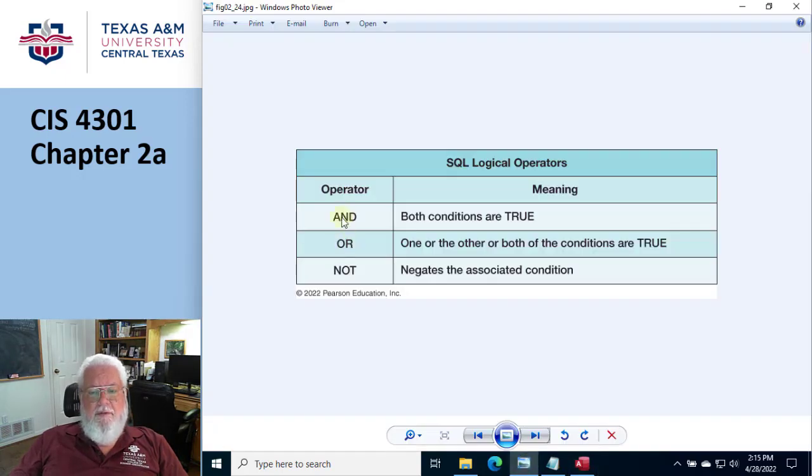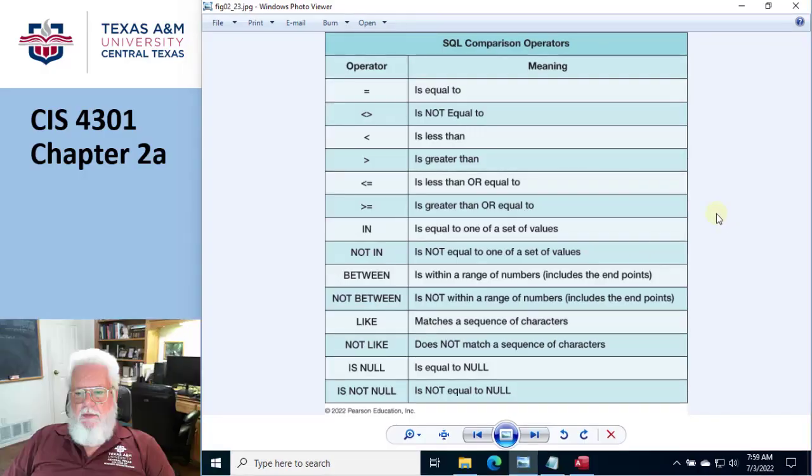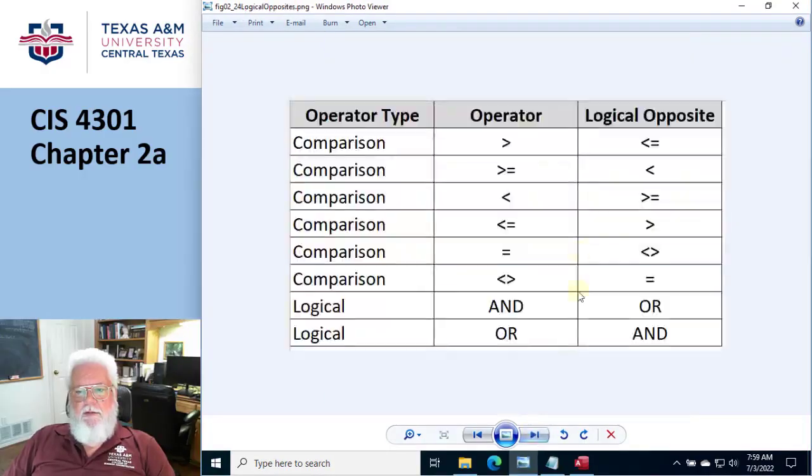And goes to or, or goes to and, equal goes to not equal, less than goes to greater than or equal to, greater than or equal to goes to less than. It's very simple. There's 3 things that need to be converted. Okay, it ain't complicated, I promise you. So here is a handy summary of all the operators and their logical opposites. You might want to pause the video and write this down, or at least wait until the stuff shows up